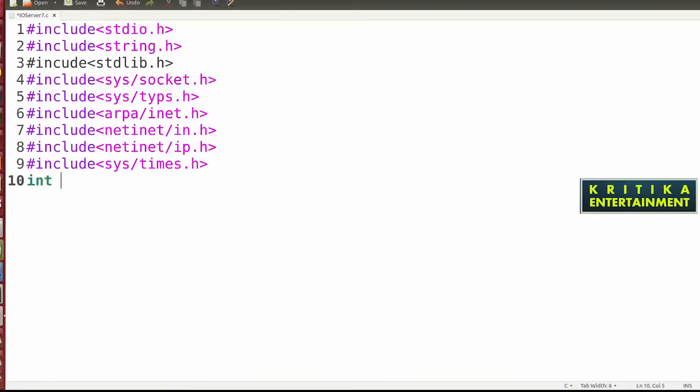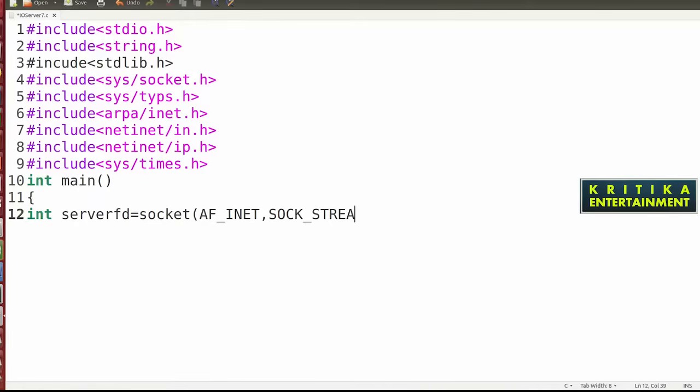It is a very big program, so keep patience and watch carefully. So here I will declare server_fd equal to socket. Inside socket I will declare AF_INET, which is the domain, then SOCK_STREAM, then IPPROTO_TCP.